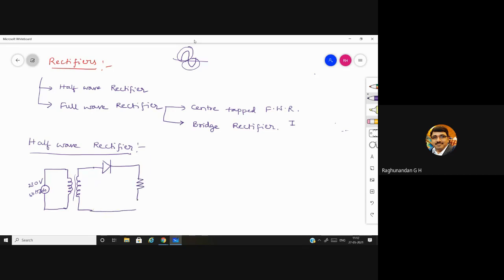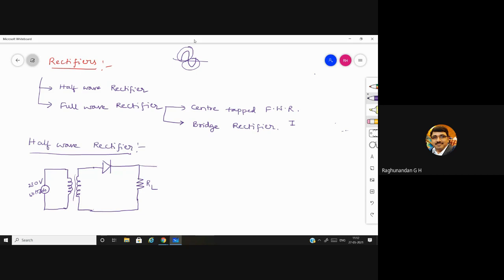Load in the sense it might be any device. You might connect your mobile. Mobile itself is a load, but we cannot rate it as mobile, TV, fridge, and all. That's why we just consider it as load resistance. Load resistance means something which you are going to connect to the device, maybe for charging. A fan is a load, a bulb is a load, because they have some resistance in them. So that's why they are considered as load resistance.